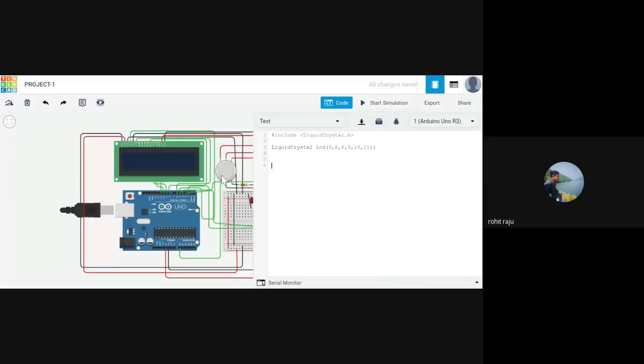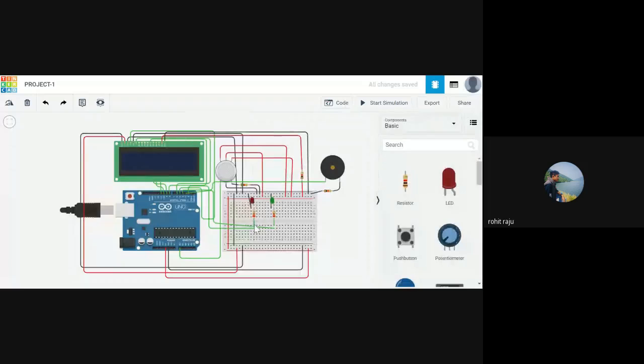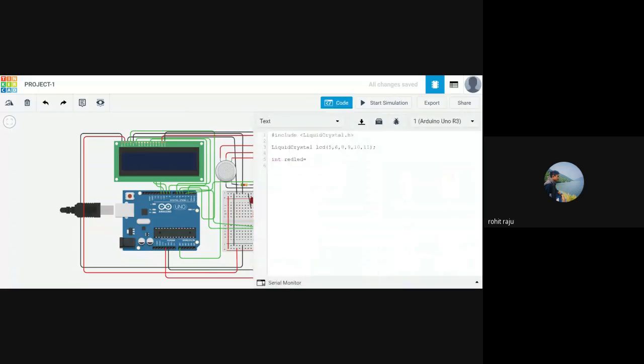And next we'll give the information about the LEDs. Let's say red LED. Where have you connected the red LED? Let us see. This is our LED, right? So where did this go? This went to pin 2. Okay, red LED goes to 2. Green LED goes to 3, I guess.